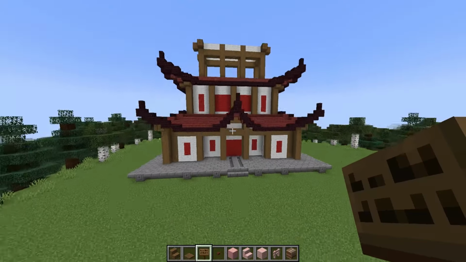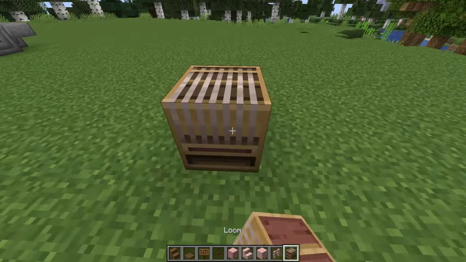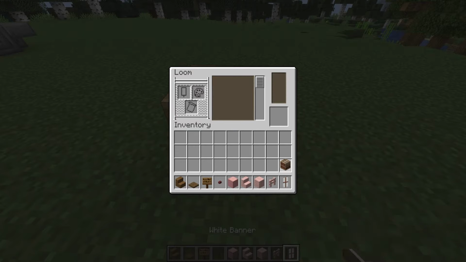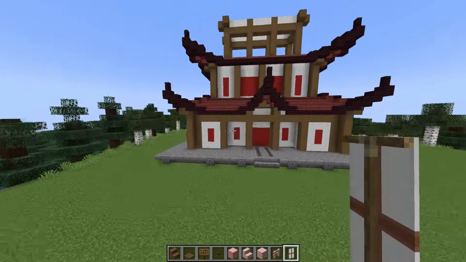Switching things up a bit now, we're going to work on some decorations on this lower story. I'm going to start by crafting some banners. For this, I'm going to begin with a white banner and some pink dye. I'm going to place 2 of these crosses on the banner and then a brown cross over the top. By doing this, just a hint of pink shows through underneath the brown, and we'll be using those to decorate